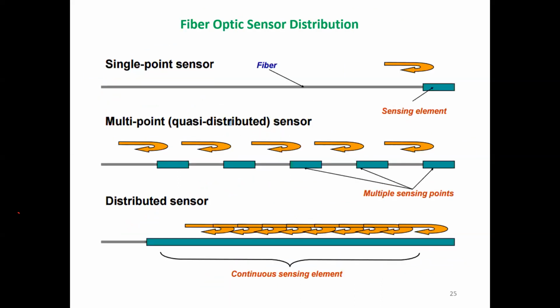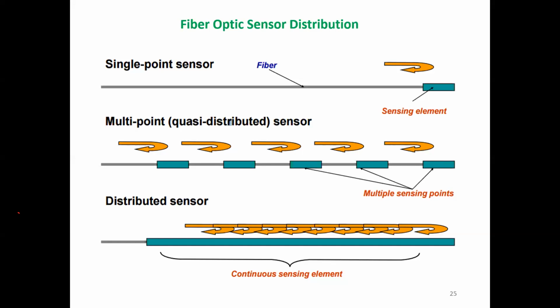Now, fiber optic sensors are either single point sensors, meaning we have only one sensor and it can measure at a single point. Then we have multi-point. If we make gratings at many points in the optical fiber cable, then we can sense at multiple points, which are called quasi-distributed sensors. And then we have distributed sensors. In a distributed sensor, all the points of the fiber become sensors. How? I will show that in the next slide. But just understand, this is very important, that we have single point, multi-point, and distributed. These three types are very important. All the optical fiber sensors are basically divided into these three parts.